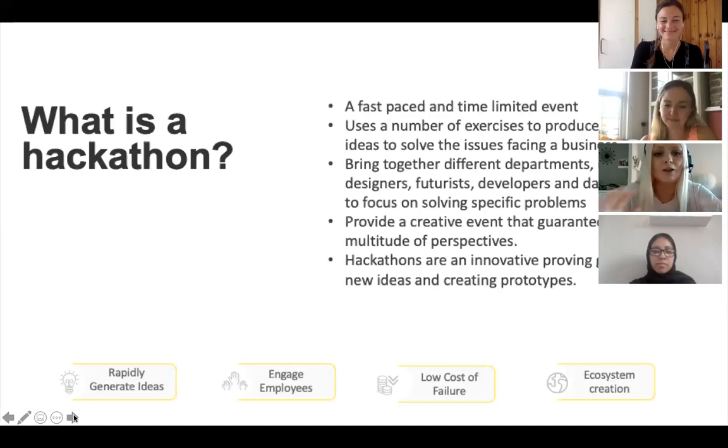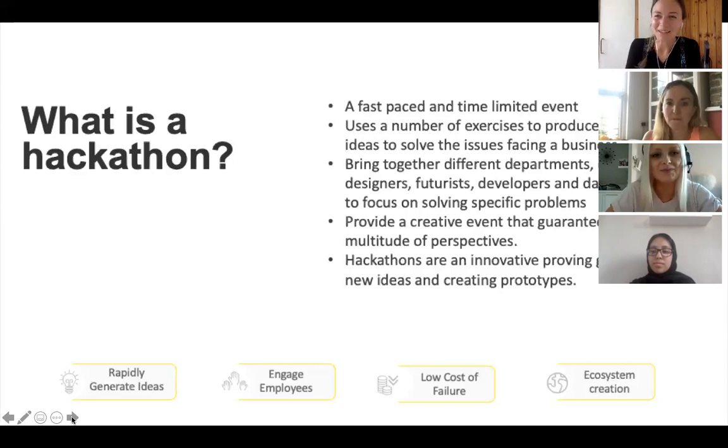Even though we're going to break out into groups, we'll all have the same kind of problem, and it'll be really interesting to see how different groups have different ideas and how we can solve that problem. So I really want you to think about how we can be creative. Don't be shy. Obviously I'll talk to you about what the problem is and how we can implement it, but I think it's quite topical as to what we're all going through at the moment with the global pandemic. So I think it should be one that will be quite fun to work with, and maybe you would have already thought of some ideas in the last few months, because it is quite topical.